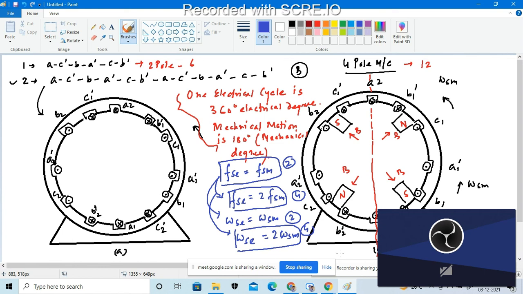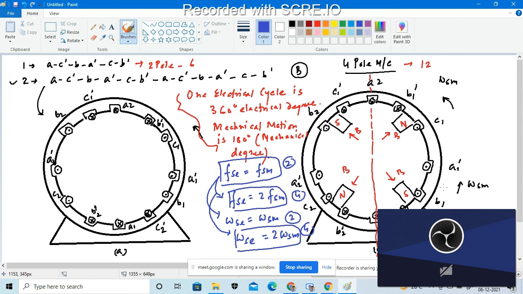The task is this: this is my rotational diagram for a four pole machine, and there must be 12 windings. Okay, so you have to draw a winding diagram. If I cross check this particular diagram, then what we will see from the inner surface, and how we will represent the stator current that will be produced by the north and the south magnetic pole. Okay, that you have to draw.